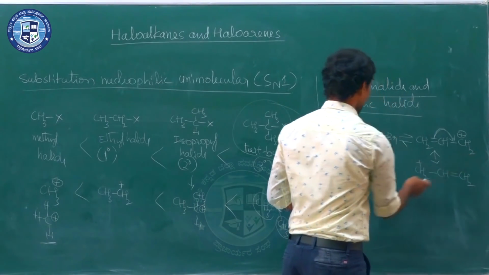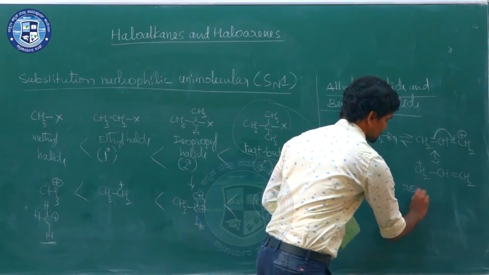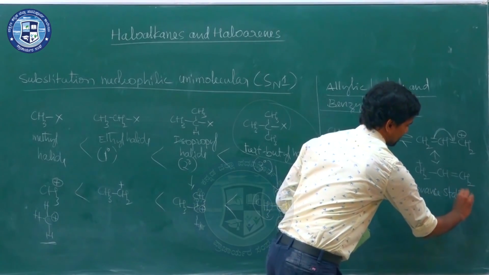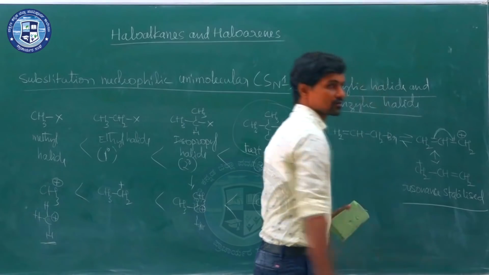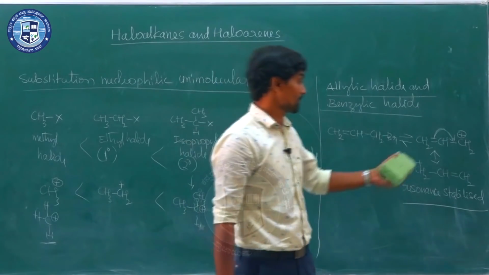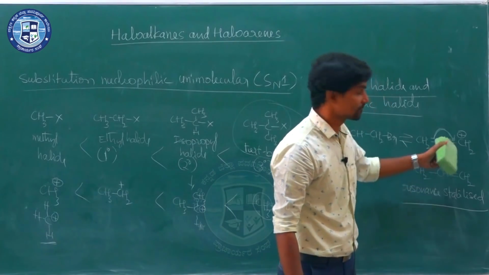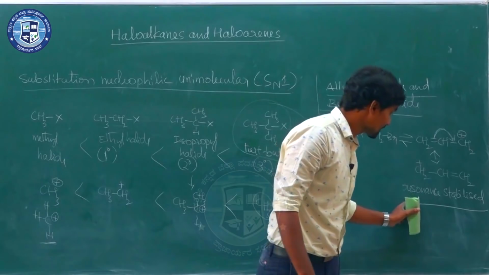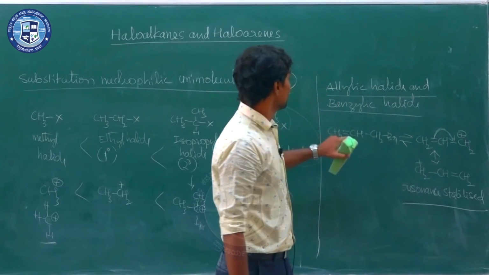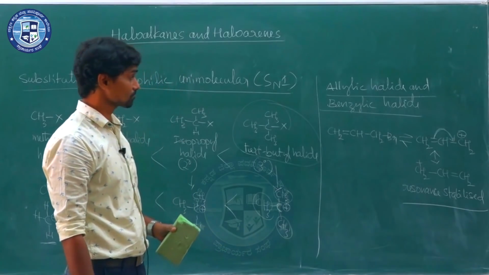So, the carbocation obtained from the allylic halide is resonance stabilized. You know that if you can write more than one resonance structure, the more resonance structures for a species, the more the stability of that species. So, here you can write 2 resonance structures, therefore, it has high stability, and that is known as resonance stabilized, and because of that reason allylic halides show high reactivity towards SN1 mechanism.